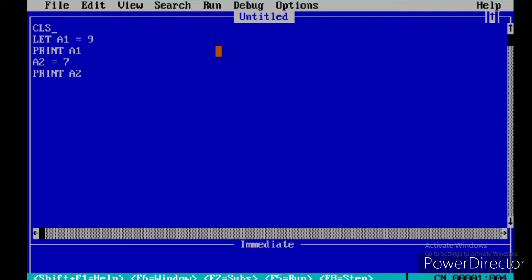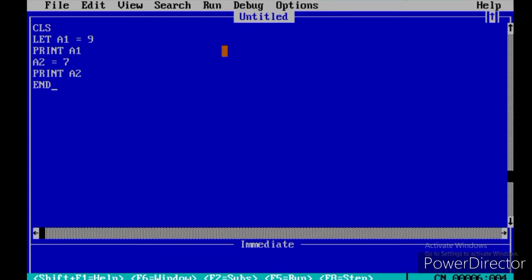Now also we'll see the END command. What we used to see was press any key to continue, right? Now instead, if I write the program with END here, I write a command called END and run and check out what happens. Press any key to continue and your program will end. Now should we write another program so that I can explain the END command in a better way.